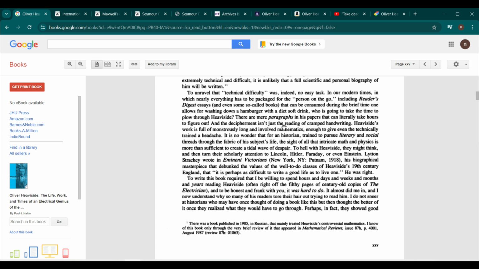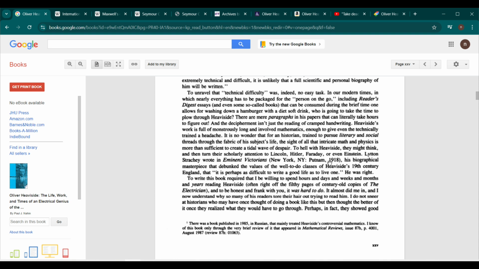And the decipherment isn't just the reading of cramped handwriting. Heaviside's work is full of monstrously long and involved mathematics, enough to give even the technically trained a headache. It is no wonder that for a historian trained to pursue literary and social threads through the fabric of his subject's life, the sight of all that intricate math and physics is more than sufficient to create a tidal wave of despair. To hell with Heaviside, they might think, and turn their scholarly attention to Lincoln, Hitler, Faraday, or even